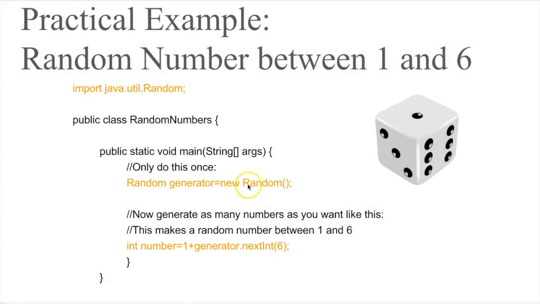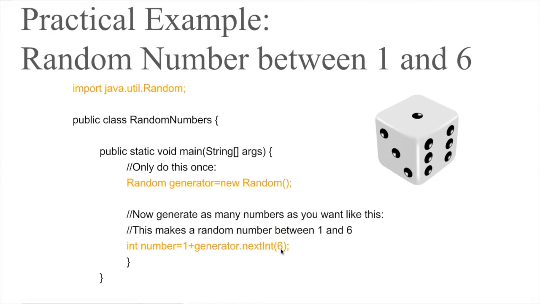Here's a practical example. This is how I would generate a roll of a dice, which could give me a random number between 1 and 6. I would start off by importing the class, same as Scanner. Then I would create a new generator, same as Scanner. And every time I want to use it, I would do something like this: int number, and then I would use